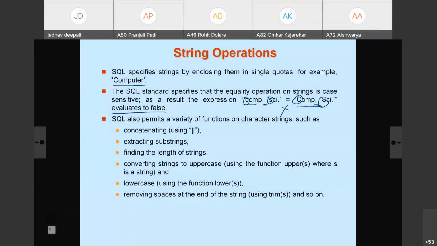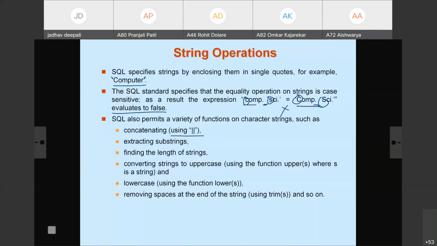So SQL allows a variety of functions on character strings, such as concatenating. We can concatenate two strings using the concatenation symbol. Extracting a substring means, for example, computer science and engineering is given, and from that we want to extract only computer.